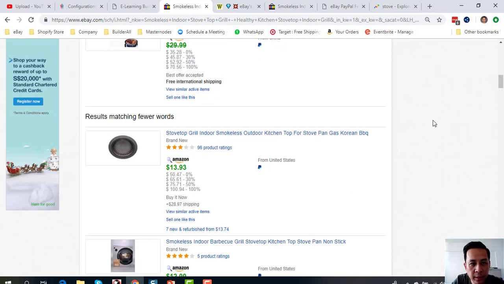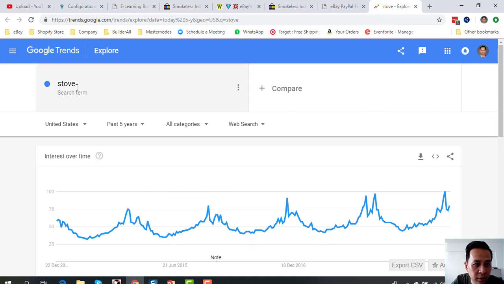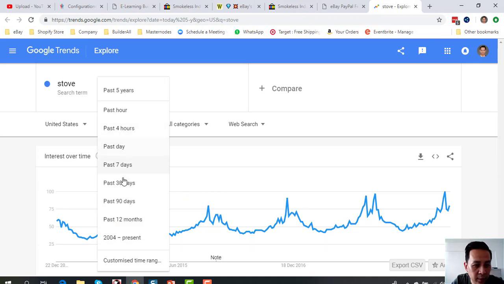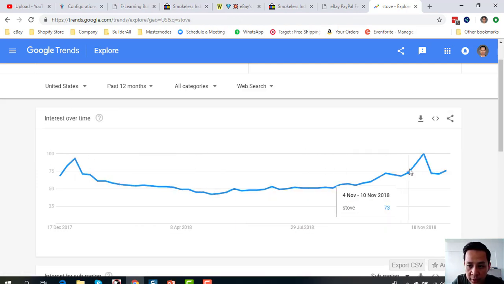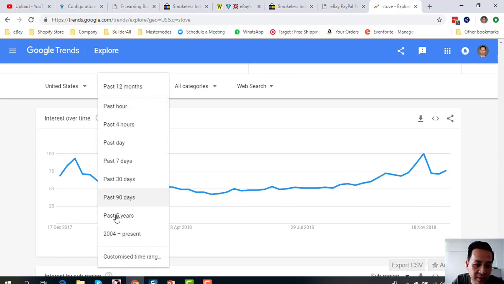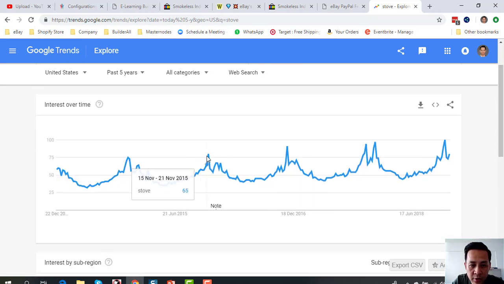Okay, so next we can go into this particular tool, which is called Google Trends. So we can search Google Trends, for example this keyword stove, and look at the past, let's say 12 months. You can see that in the past 12 months, it is only trending now in November onwards. If you want to see the records of the past years, you can put past 5 years, and you can see that every year there's a peak, which is around mid-November,